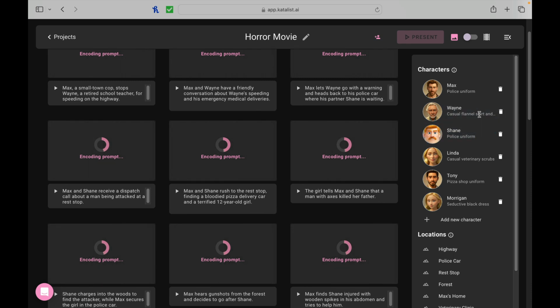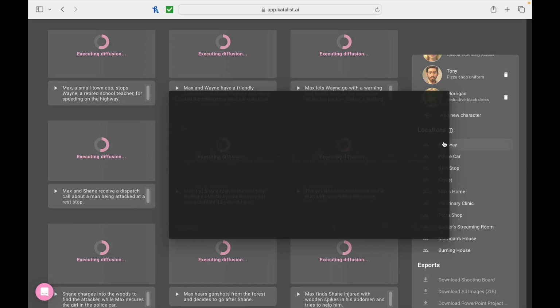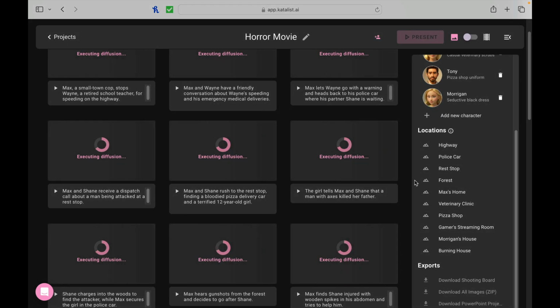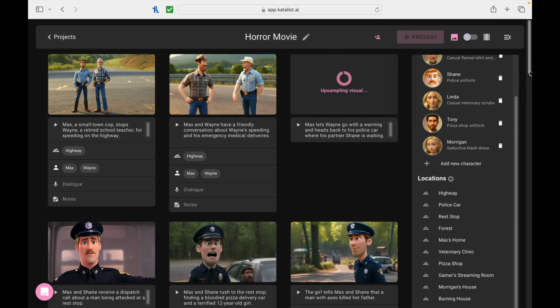We can change stuff about each of the different characters as well. I'm assuming we can change what each of these different locations is called, and I think that helps bring into focus what each of the backgrounds look like. So we'll take a look. As we look here,